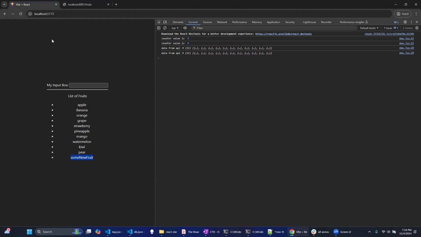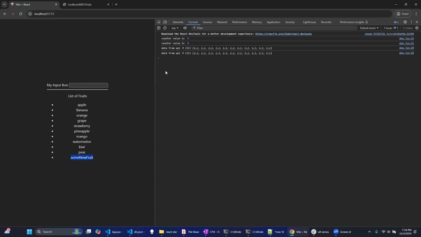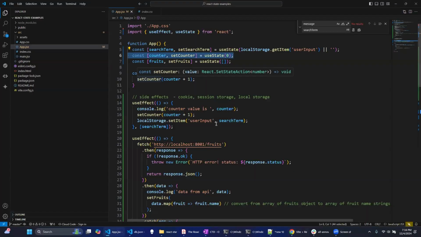That happens because the API is able to get the new details from the database for you. So our API, which is running on port 8001, is able to get the data from the database. And now we are able to display it on our